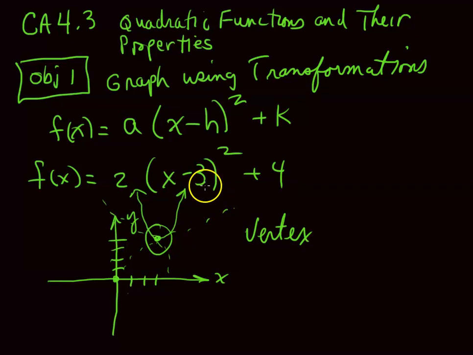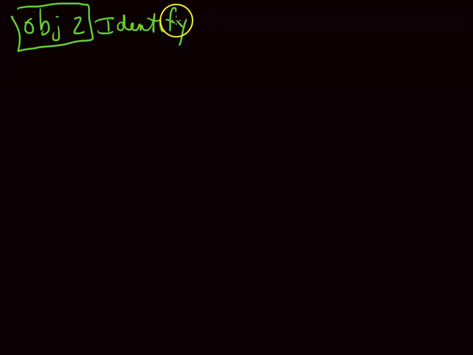And so that's one of the things you need to recognize. You're moving the reference point, the vertex, in this case, right 3, up 4. In fact, that is the second objective. Objective 2 is to recognize some things in these graphs. Identify the vertex, the axis of symmetry,